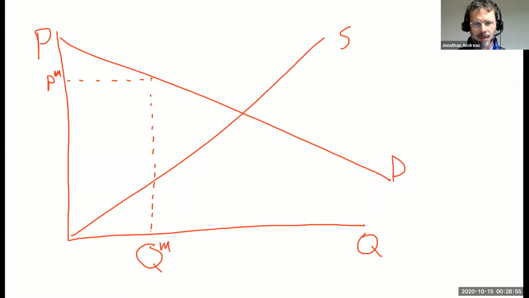Let's look at what economists usually mean when they talk about efficiency, in the sense of what makes society better off. And we tend to do that with the supply and demand model. So here's a supply and demand model. What I've drawn here is a supply curve and a demand curve, and I've drawn a price with